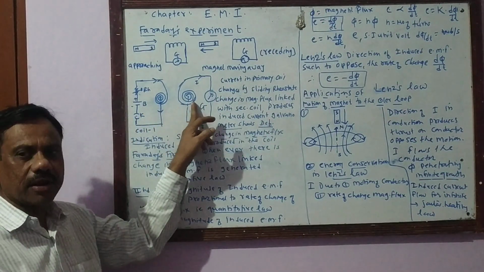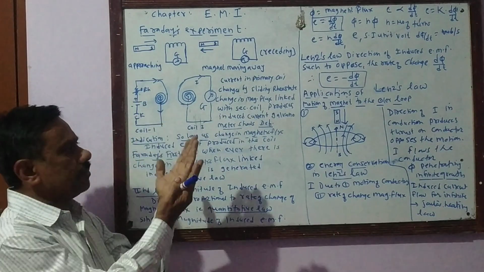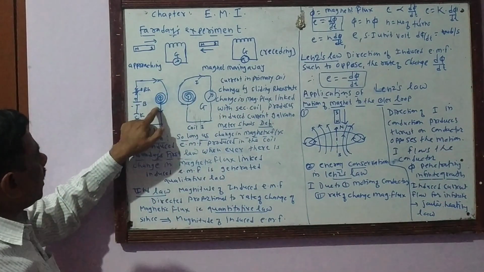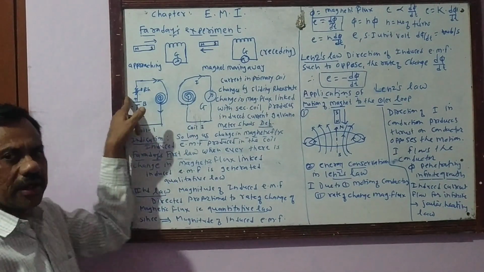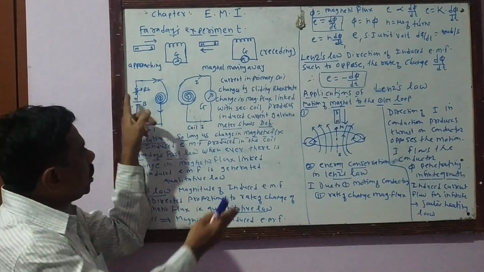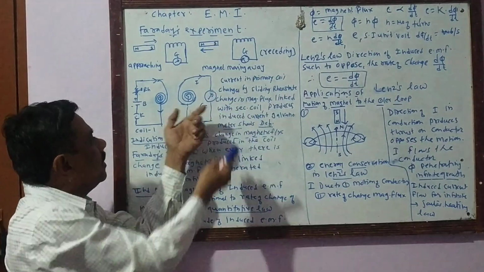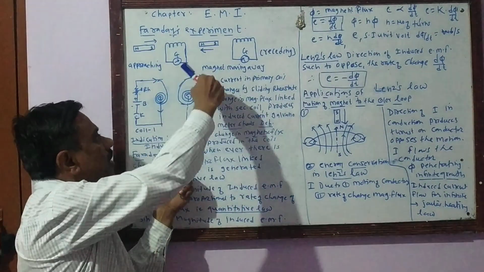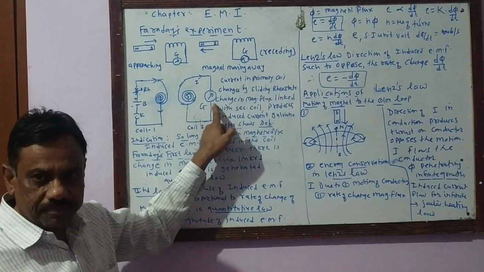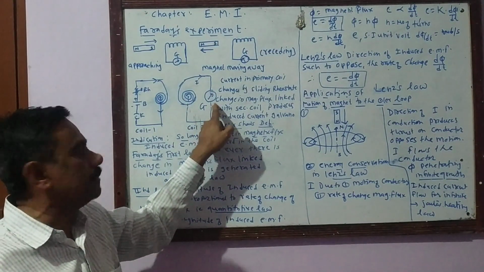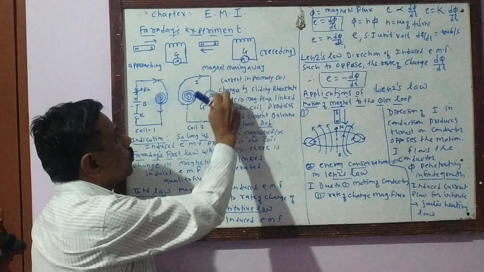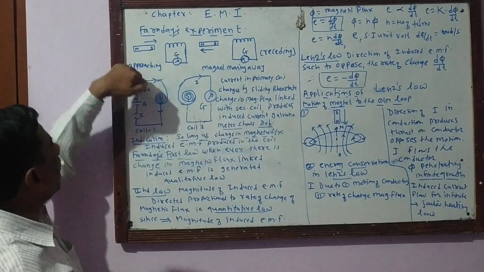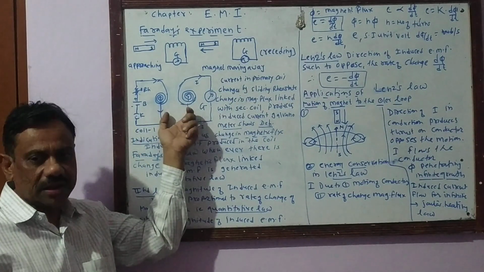The same effect is also produced by two coils, a primary coil and a secondary coil, facing in plane towards each other. When the current in the primary coil keeps changing by changing the rheostat, there is a change in magnetic flux linked with the secondary coil. This change produces the induced EMF, which produces the induced current, so the galvanometer shows a deflection. Therefore, the same effect is produced by the primary and secondary coils.